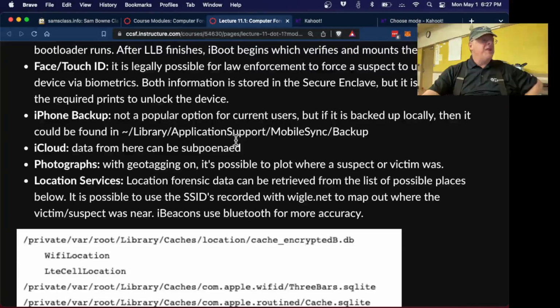Anyway, you can back up the iPhone. You can even back it up locally, apparently, which is kind of a weird thing to do. And here's the thing I think I mentioned before. If you use biometrics on your phone, then the cops can force you to unlock your phone because you do not have a First Amendment right to hide your face. You have a First Amendment right to not speak. So you can refuse to tell them your password, but if it's just your face, they can totally hold the phone in front of your face and you can't stop them, or put your finger on it. So that's why they say if you want to hide from the cops, you should not be using biometrics.